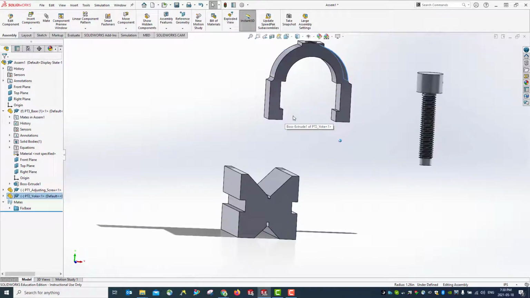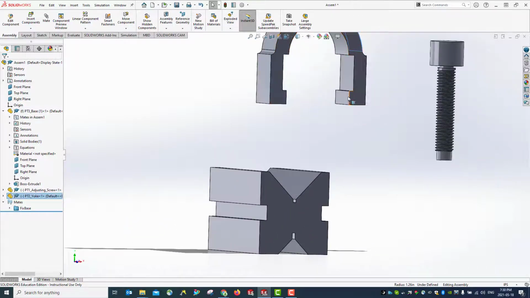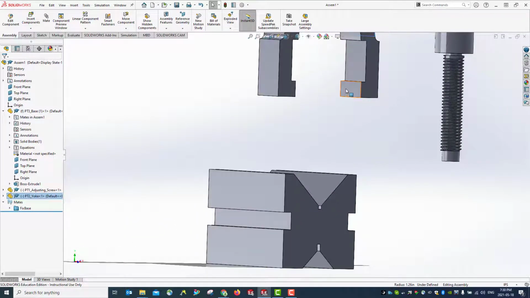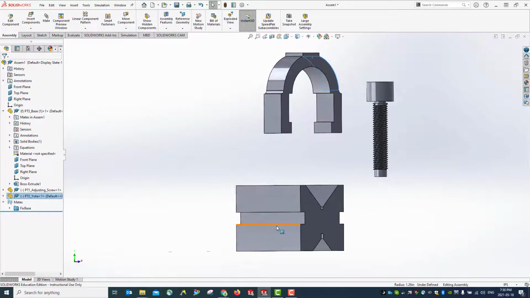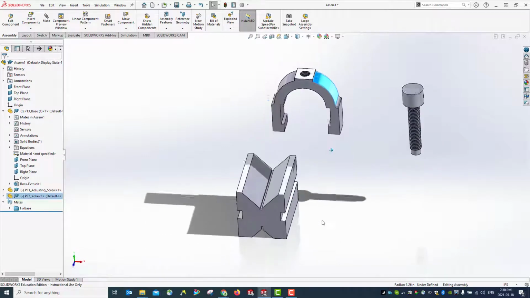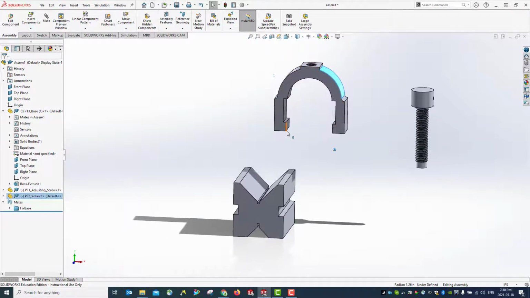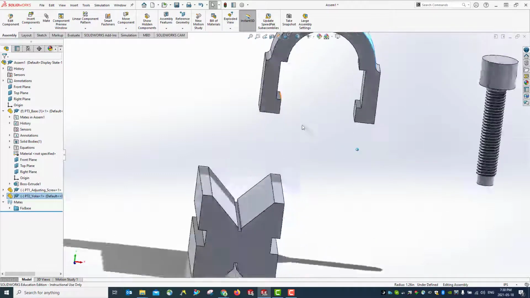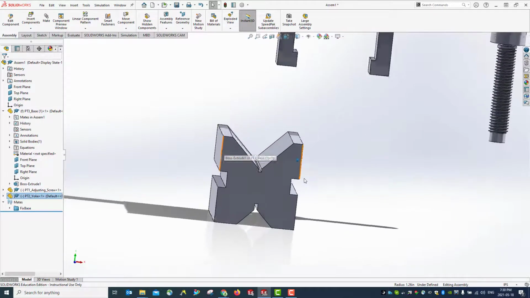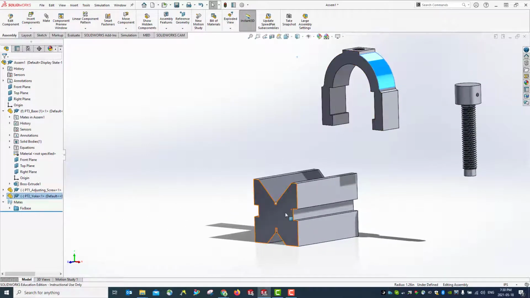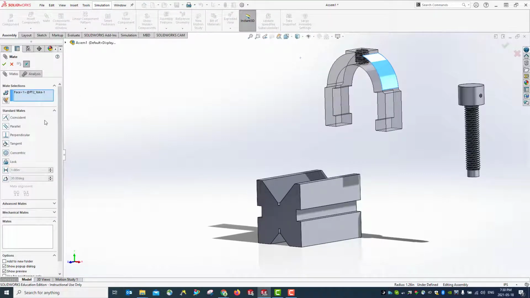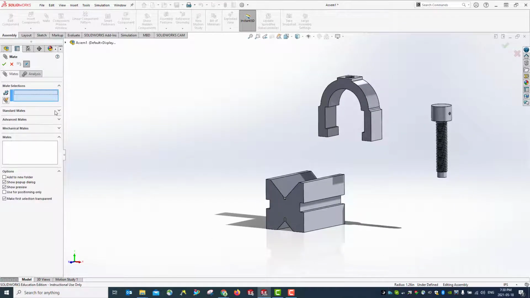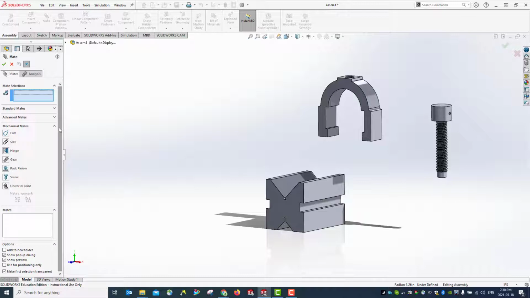So first, I'm going to use this distance, these two faces and these two faces to position, and also use this face to position, and this face to position its height, and also use this face and this face for position. Okay, so let's see what we can do. Okay, delete this face. So I'm going to use, instead of alignment or distance,